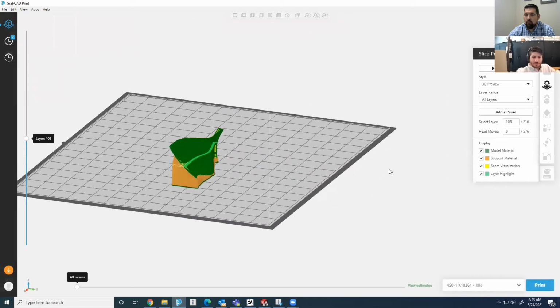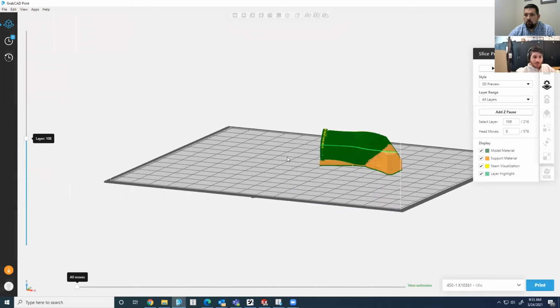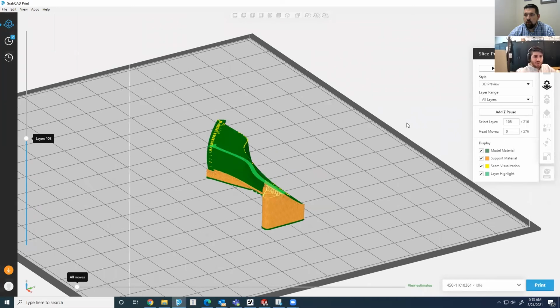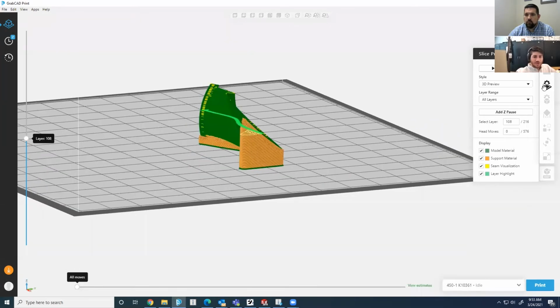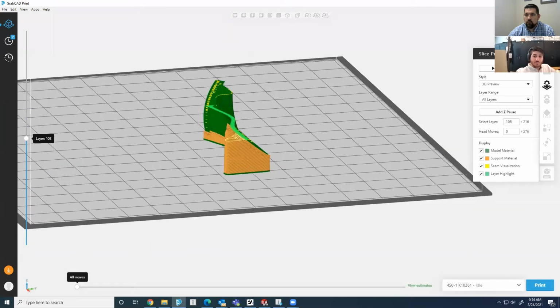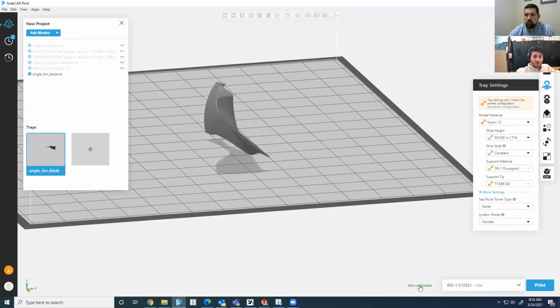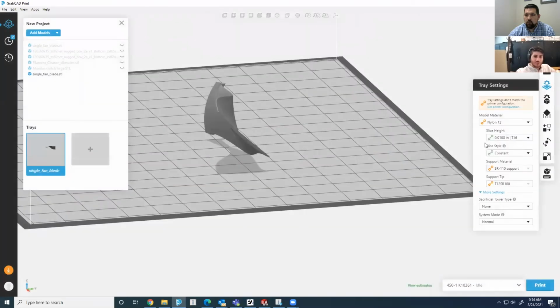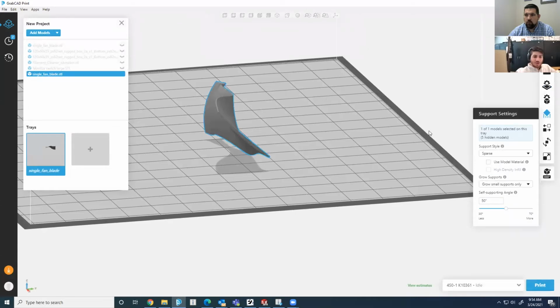And it'll build a little bit of support underneath here. Depending on your material, again, if I was building this in nylon 12 or nylon 12 carbon fiber, I would probably use sacrificial model material as support. And we'll show what the build time is. So 2 hours and 12 minutes with regular support material. And if I was to use model material,